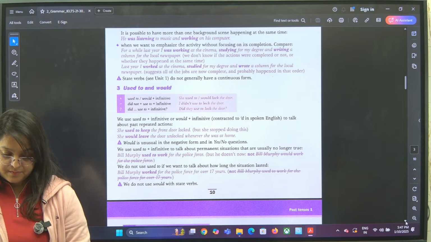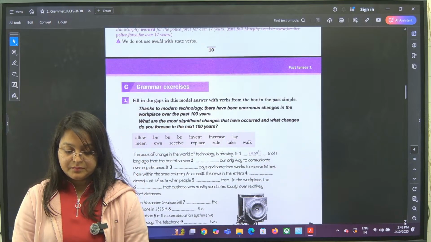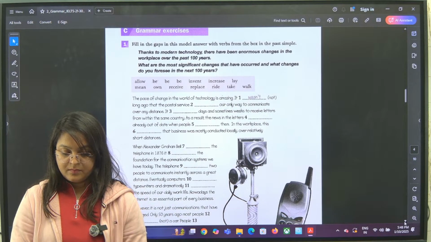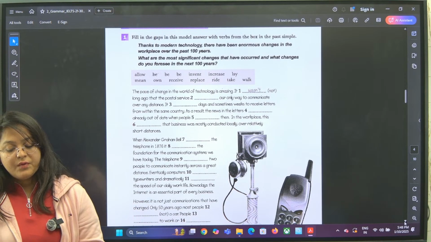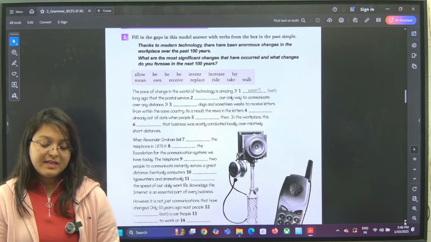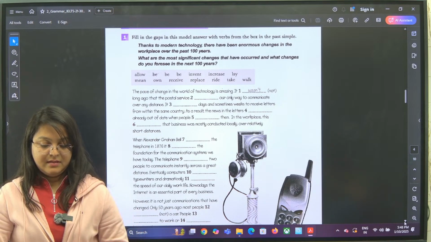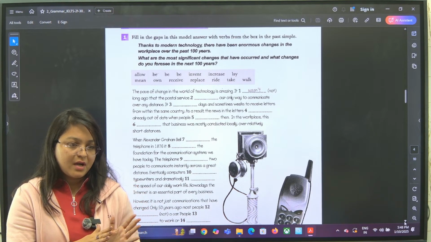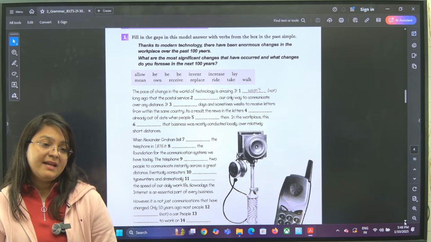Please check it out. Question 1 says fill in the gaps in this model answer with verbs from the box in the past simple. Okay. What would be the past simple for allow? Allowed. And for B, you have to do it yourself. Okay. Invent, increase, lay,